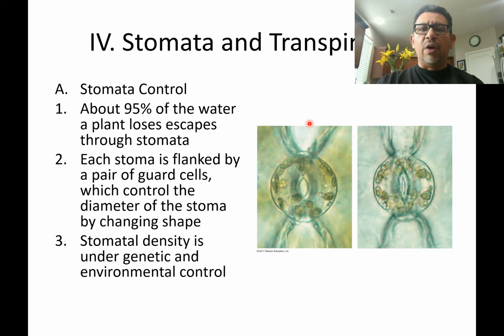Let's consider what forms these openings we call stomata. Stomata openings are going to be regulated by the action of guard cells. Typically, there's going to be two guard cells positioned right there next to one another. If you pay attention to this illustration and my laser pointer, I can follow the outline of one of these guard cells. It is going to be like half of one of those lifesaver candies, if you know what I